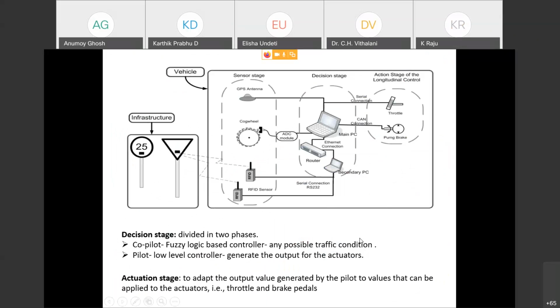Okay, so now here this is the basic block diagram of the speed control system. So this is the reader part. Now there is a sensor which is attached to the wheel. This is a GPS antenna. Why is a GPS module integrated? Because the GPS module gives additional information of the exact location coordinates to the controller. Okay, so now what I have said is that the controller will be calculating the